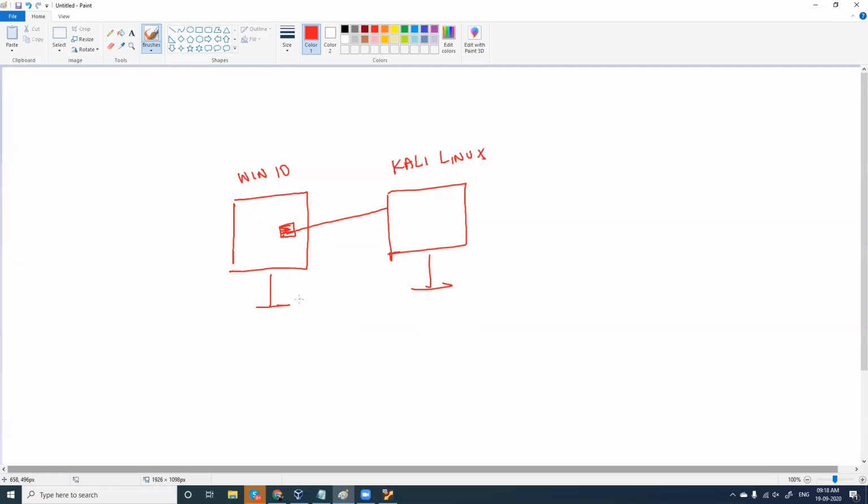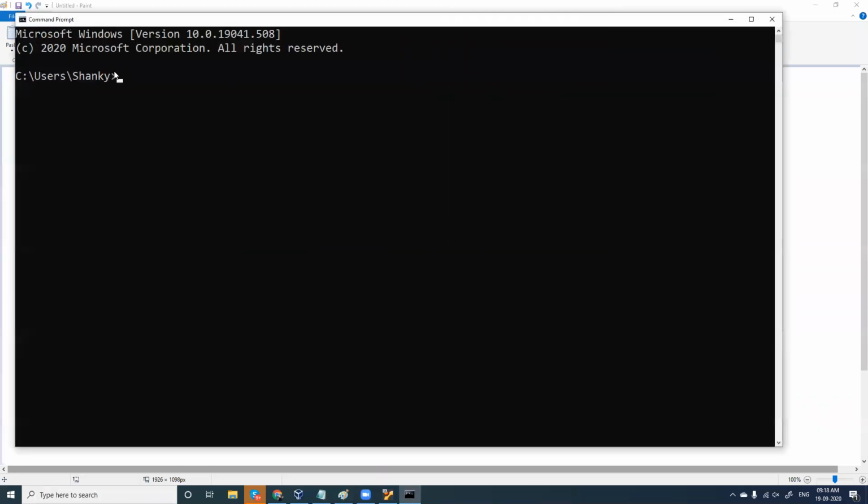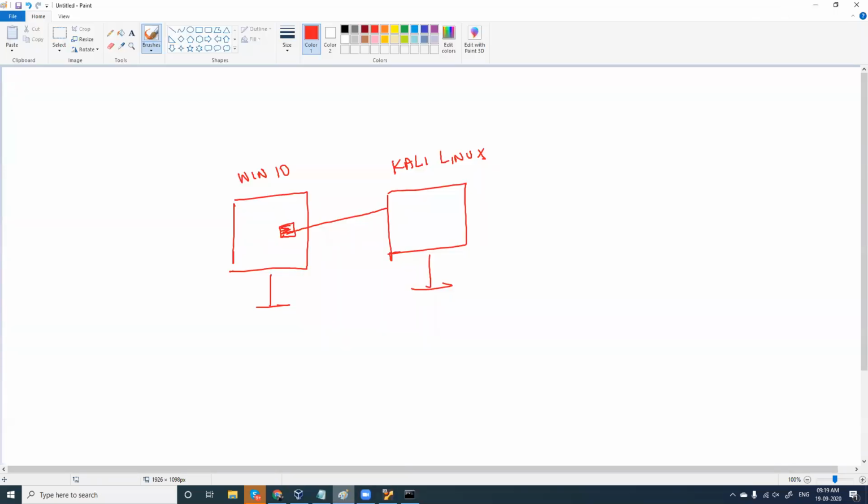Now, let me check what is the IP address of my Windows 10. The IP address of my Windows 10 is, ipconfig, enter. The IP address of my Windows 10 is 192.168.0.3. Yes. So my computer's IP address is 192.168.0.3.